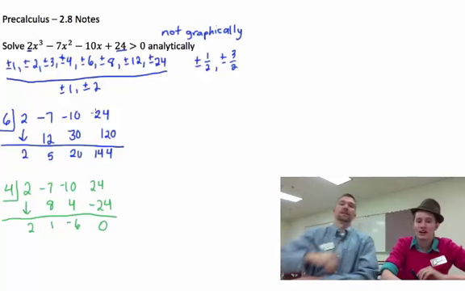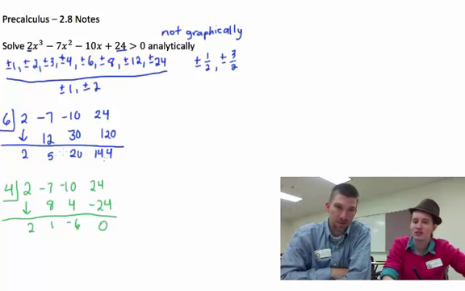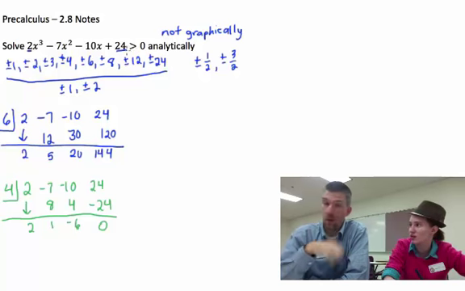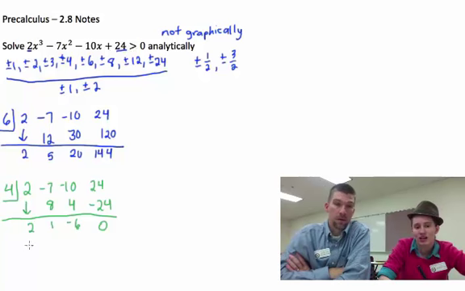Okay. So we knew that 6 was an upper bound because all of these were positive. So we tried something lower, like 4. Also, you could have eliminated 1 as a possibility pretty easily here by just plugging in a 1 and seeing, okay, is that going to equal 0? Right, and it doesn't. So now we have 2x squared plus x